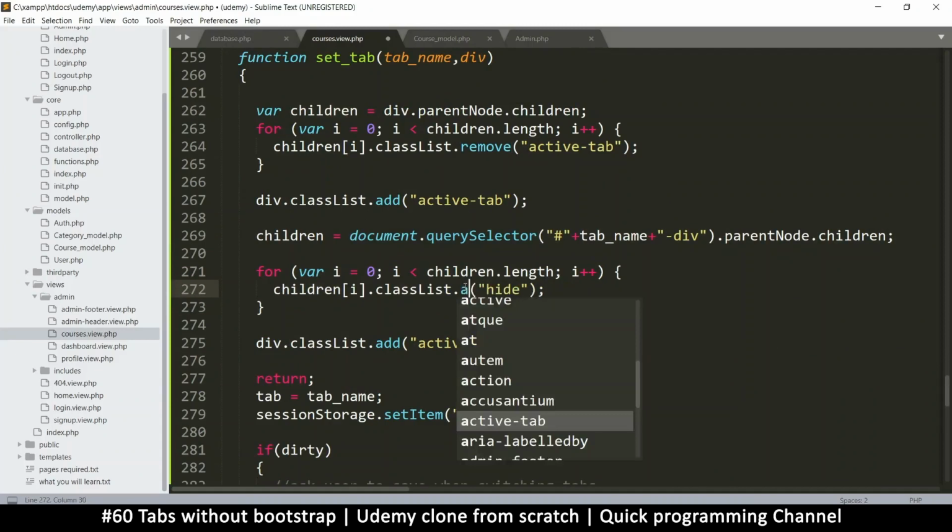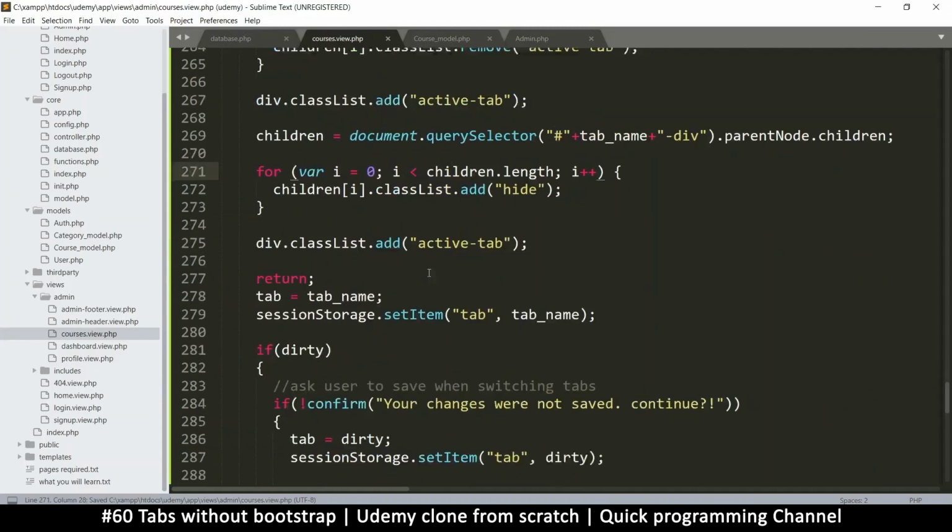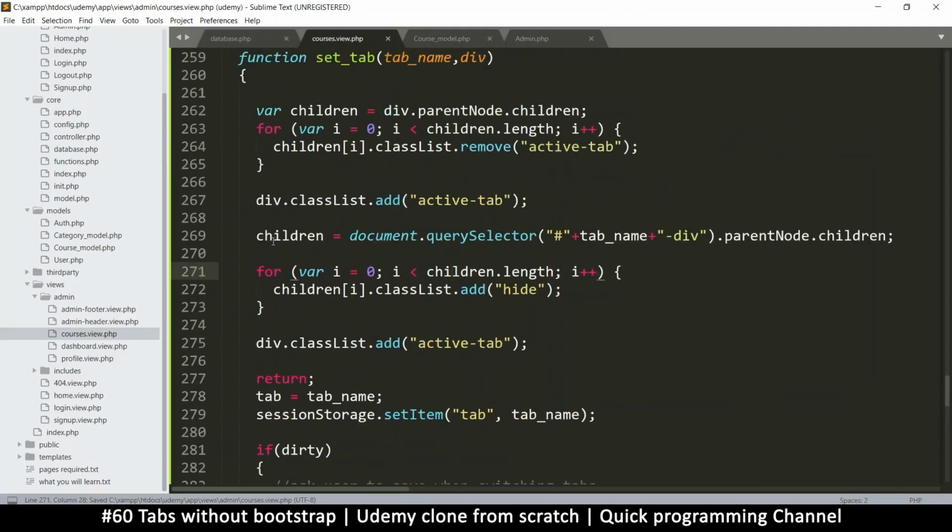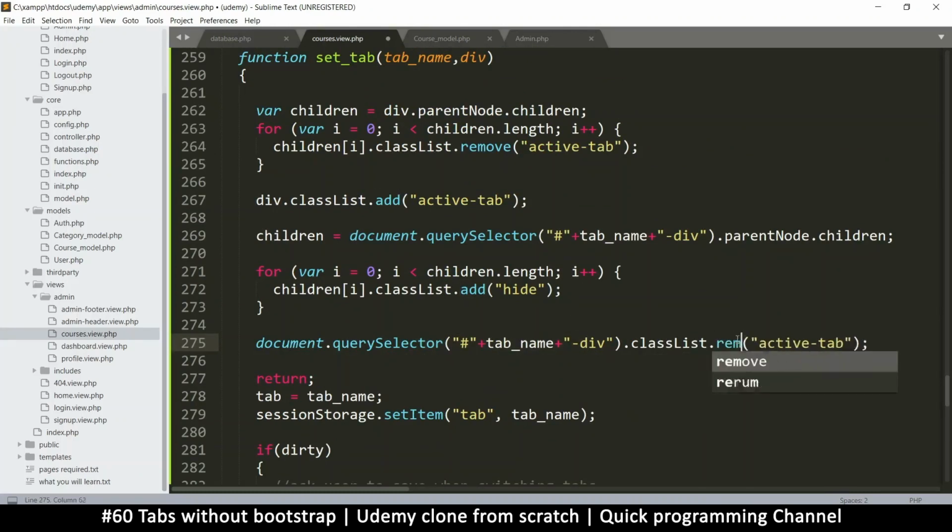So let's add that hide class. So all of them are hidden. And then finally, we grab the one that was clicked, which is inside this. Let me just repeat this here. So we grab the one that was clicked and say classList.remove hide. Okay,